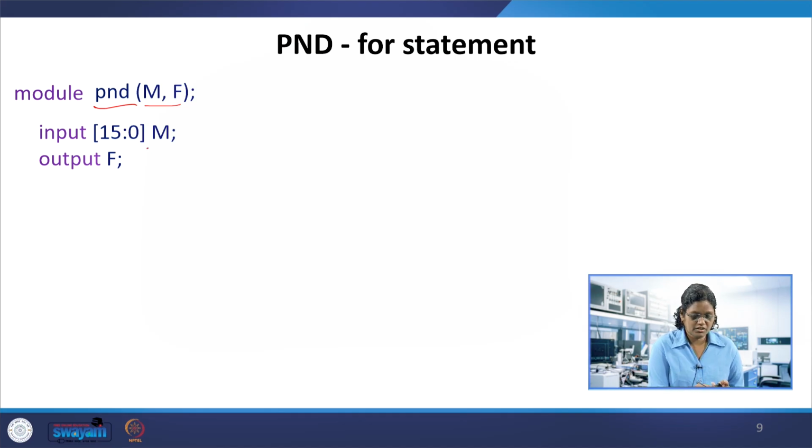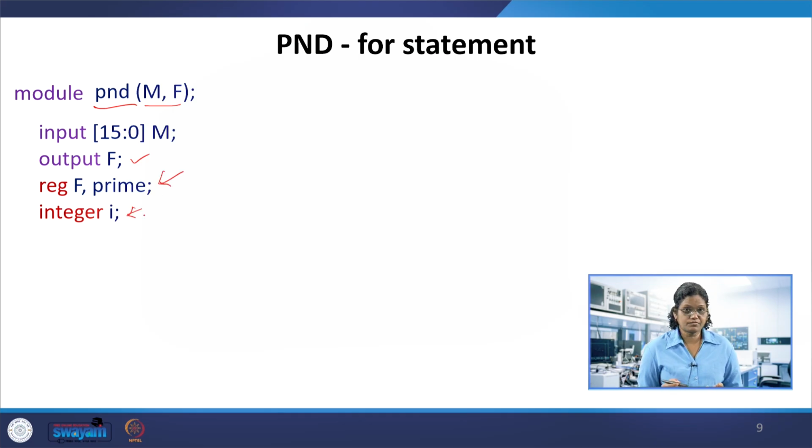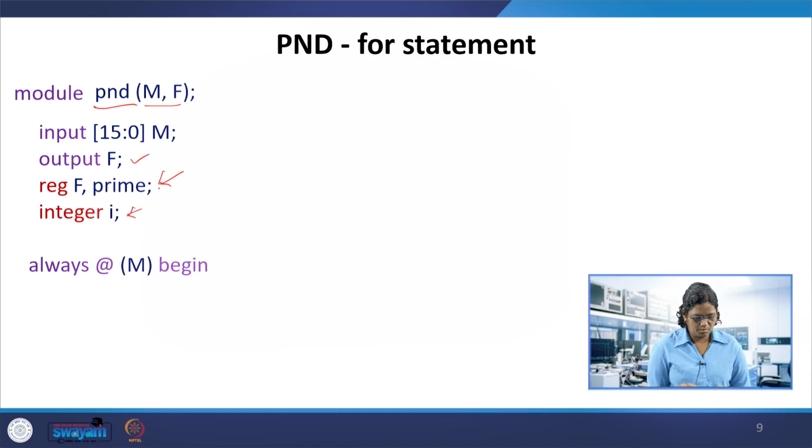It can be even 0 to 3 as in the previous case, but f equal to output reg, f and prime, notice here, and integer I, these are the new things. So output is declared as reg, that's fine, and you see the always at m, that is input, begin, and prime equal to 1. So prime is declared here as 1, you can see it is initializing here.